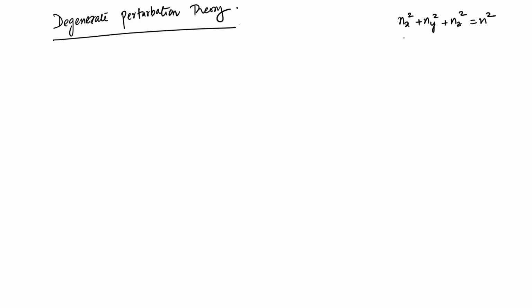So, we can have this as (2,1,1), (1,2,1) or (1,1,2). All these 3 will be degenerate, because each one of them will give rise to n square equal to 6. In the sense that all of them will have the same energy, which is n square, that is 4 plus 1 plus 1, that is 6. So, it is like 6 pi square h cross square over 2 m L square,